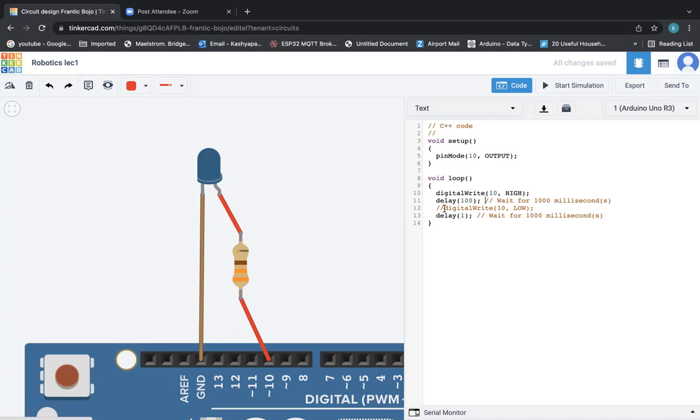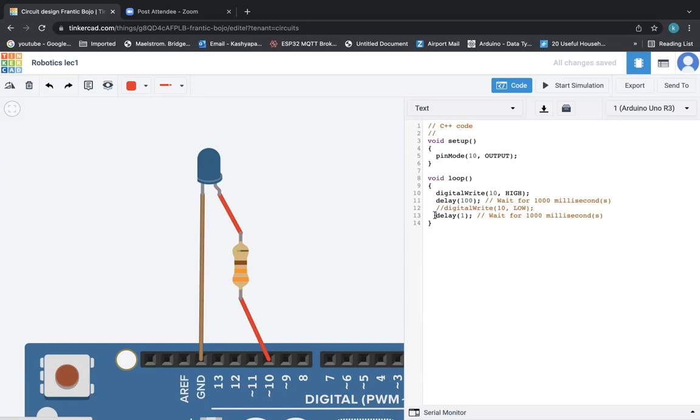Similarly, what I have done here is I have commented this code out. This was initially a part of our code, but when I type 2 forward slashes, it becomes a comment or a non-functioning line of code. This line will not function now. So it has changed color as well.